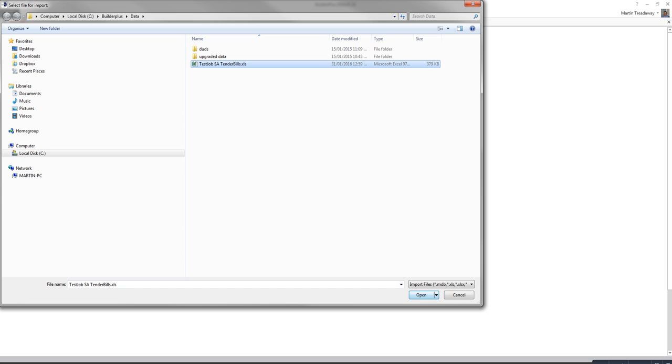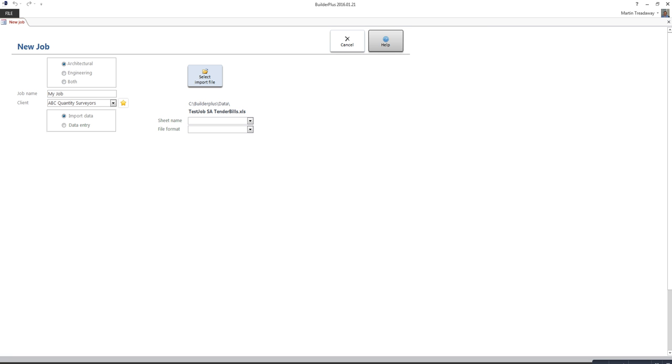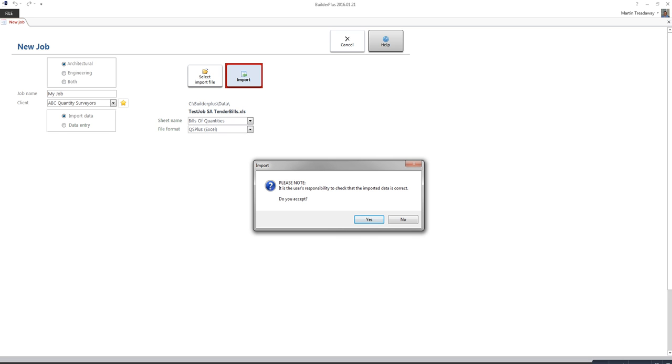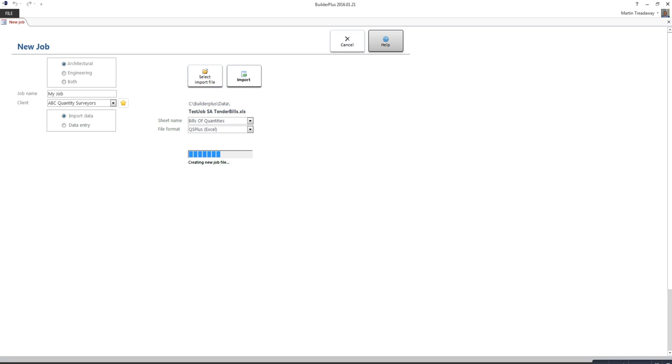the Excel file that is there, and the sheet is bills of quantities, and the file format is QS Plus Excel, and then you import. And the job will import for you. While that's importing,